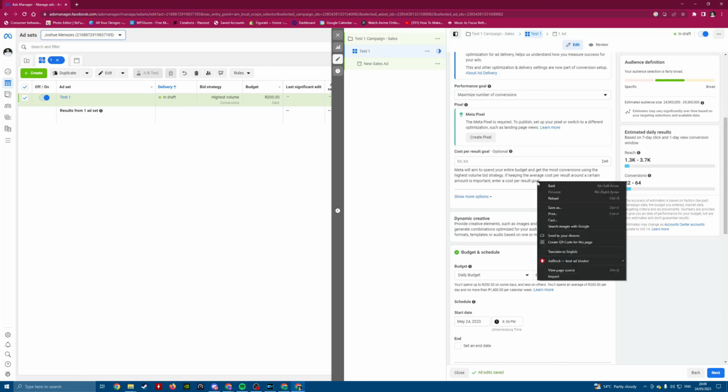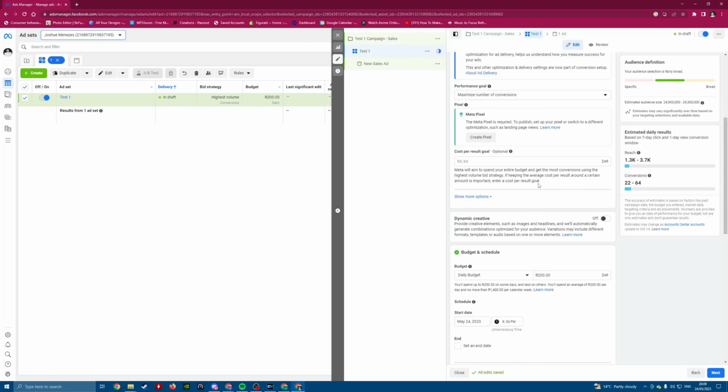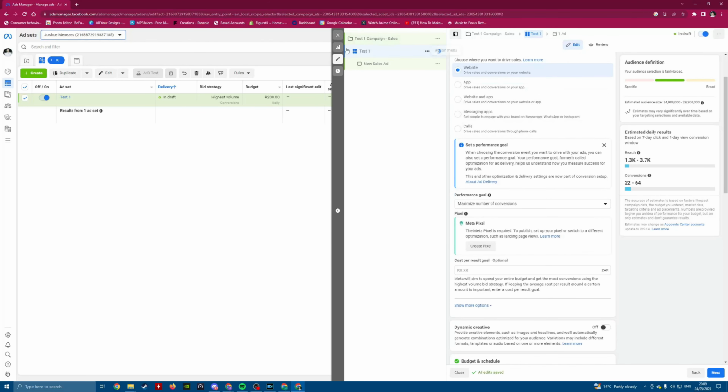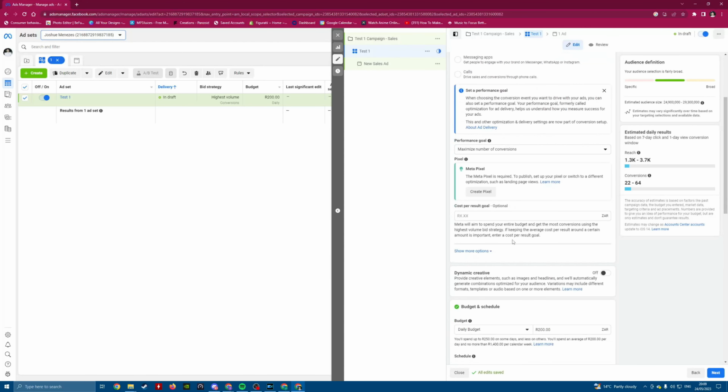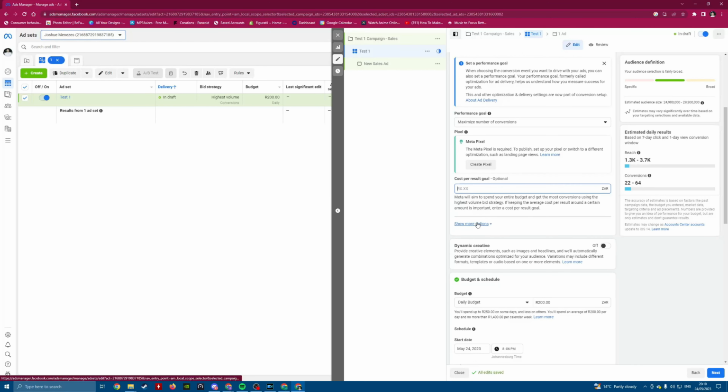So what this means is that, for example, if we wanted to spend on this specific campaign for sales a maximum of, let's say, 100 Rand per conversion, or a $10 per conversion. Okay, Facebook will try its best to spend all the budget while maintaining this $10 per result goal. So it's aiming to spend the maximum of $10 per sale online. If we click show more options here,